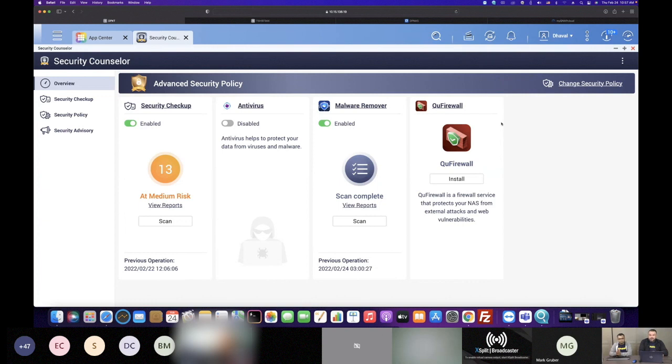Exactly. So Security Counselor, first of all, there's the application itself, the Security Counselor right here. It also checks other applications like antivirus, malware remover, and QuFirewall, to ensure that those applications are installed and running on your NAS as well. So again, Security Counselor is just an all-in-one application, and it gives you an overview of everything that's going on related to security, right? So here